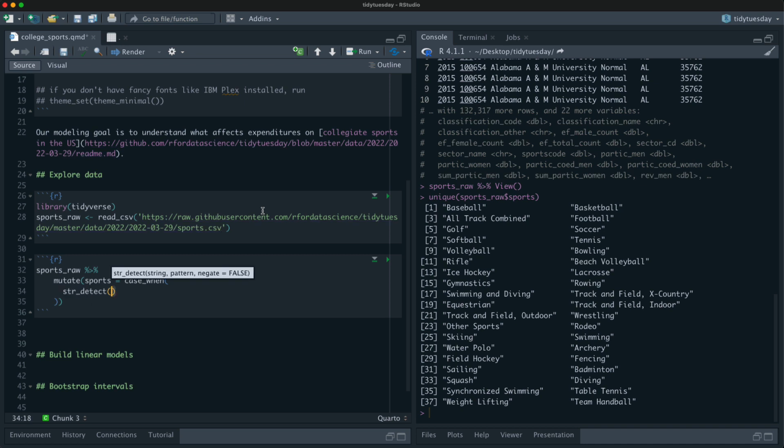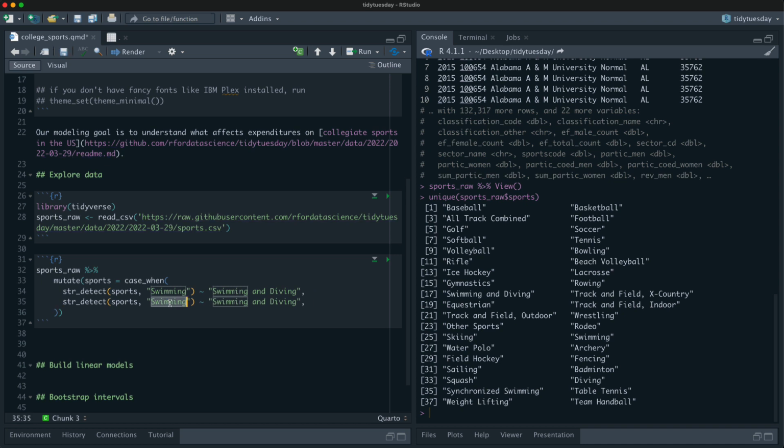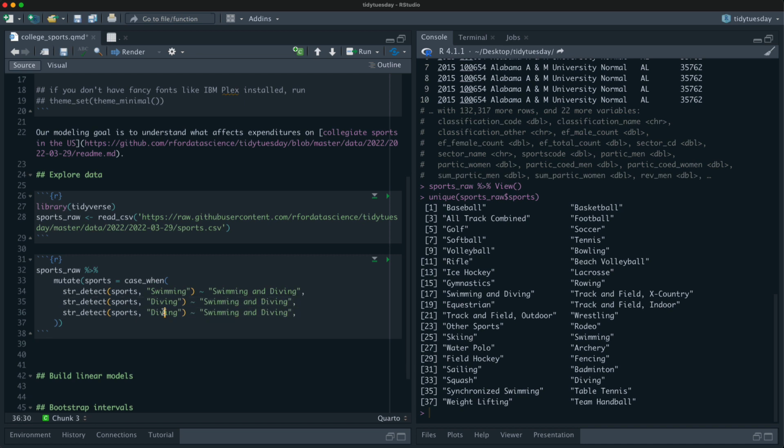So I'm going to say if I detect swimming, let's call it swimming and diving. And let's do the same thing for diving. And then let's do the same thing for track, except we're just going to say if we detect track, we're going to call it track, like that.